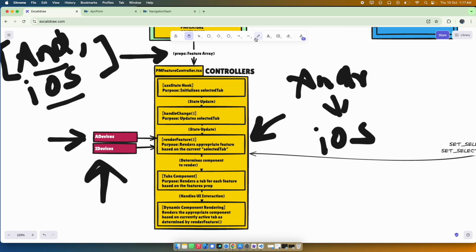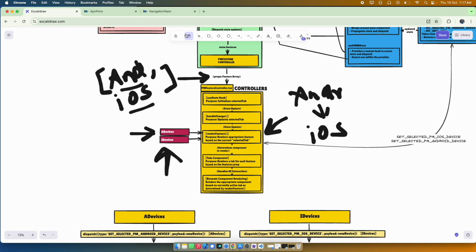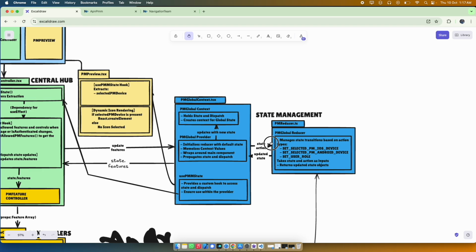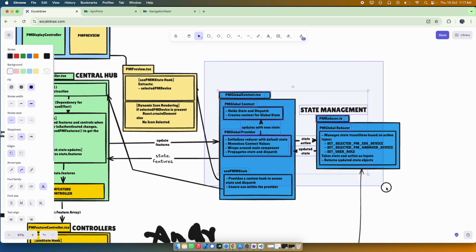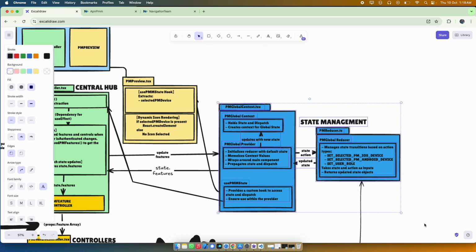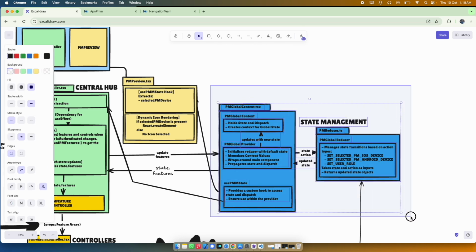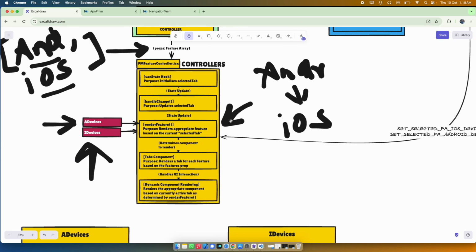Now what? While we are clicking on these features, the value is being updated. The value is being rendered, right? So what is happening behind the scenes? I already told you that state management acts as a central store for the whole application. Through this central store, each and every component can access whatever data is in the store, and it can update that data. So coming back to here, the features whatever we have rendered,